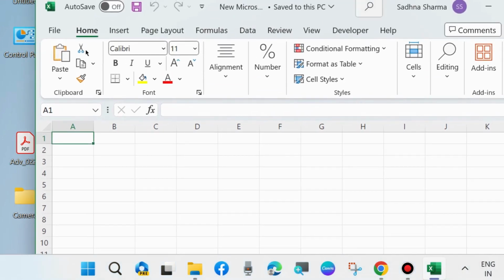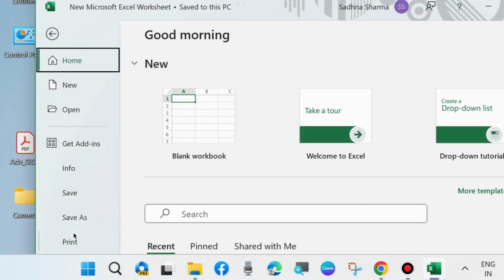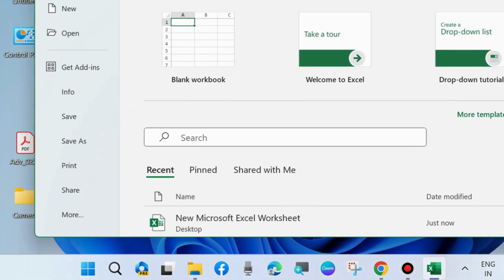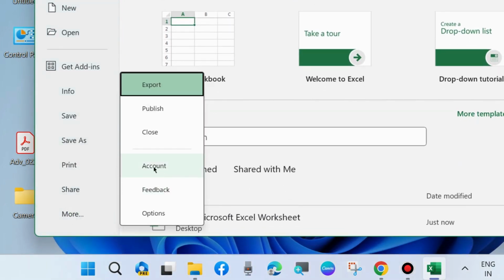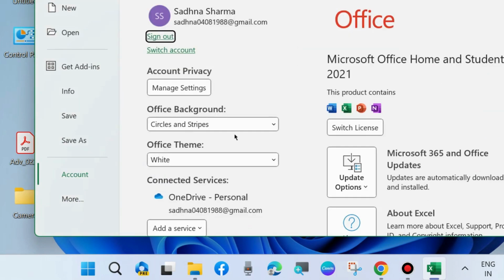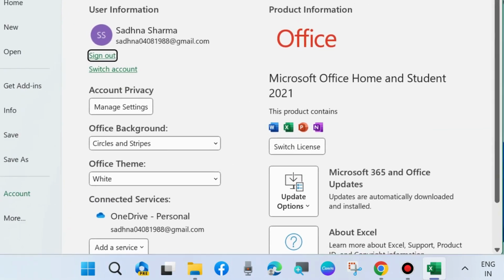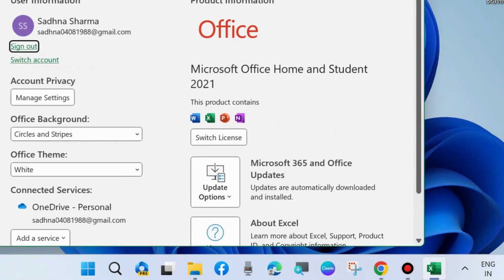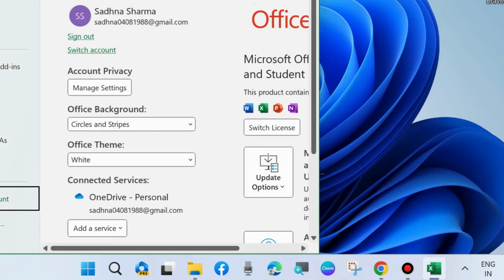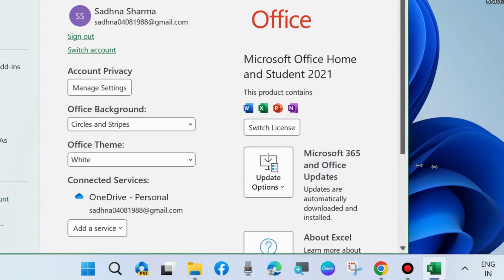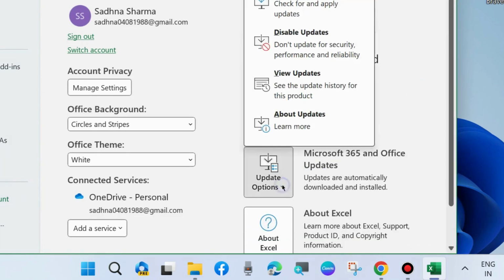First, go to File option from the top left corner. Here go to More option and choose Account. Here you will find the option Microsoft Office Home Assistant, Microsoft 365 and Office online update option. Choose update option and click on update now,